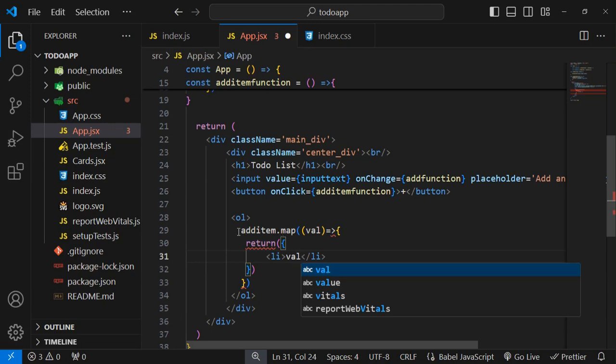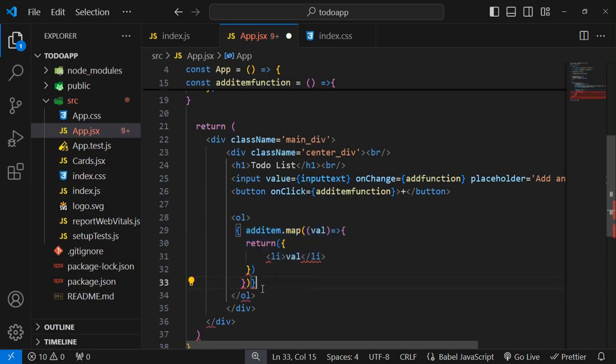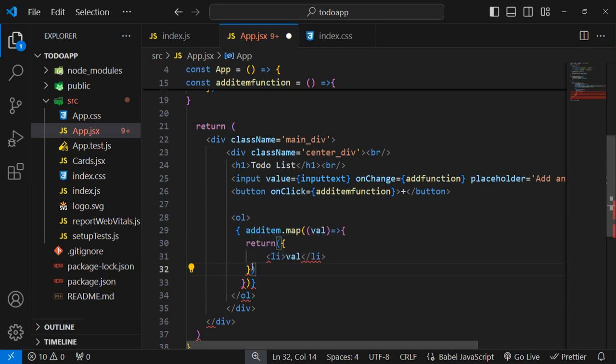One thing more that you have to do, all this array should be in curly braces because this is our mapping function. We don't need basically here curly braces. Just press Ctrl S,